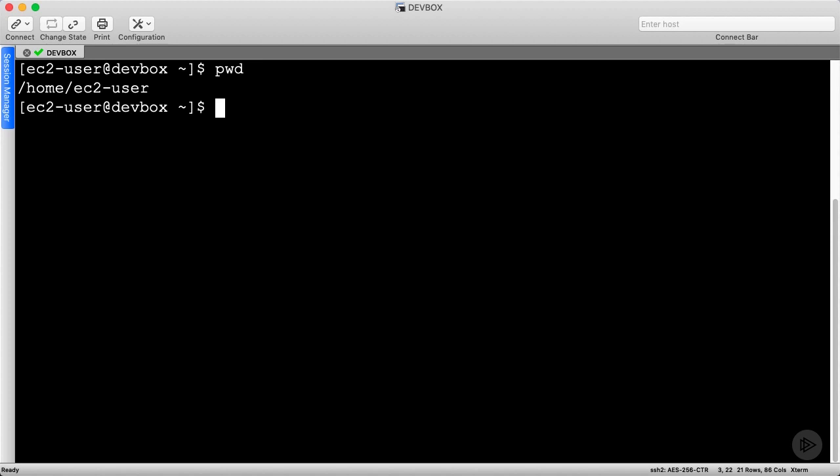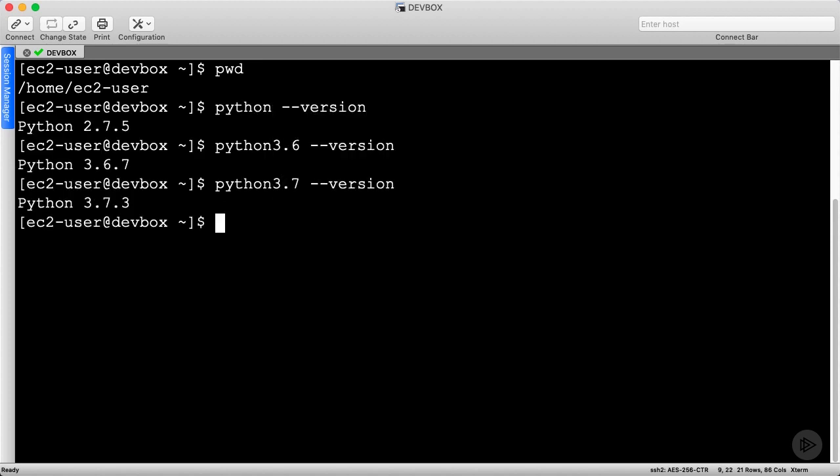Before starting, identify which Python version you'd like to use. As an example, I have 3 versions of Python available on my dev box, and I'll use the newest one. To create a new virtual environment, use the -m option to specify a specific module, then use venv followed by the environment name. I like to keep my virtual environments in a pre-existing directory called environments within my home directory.